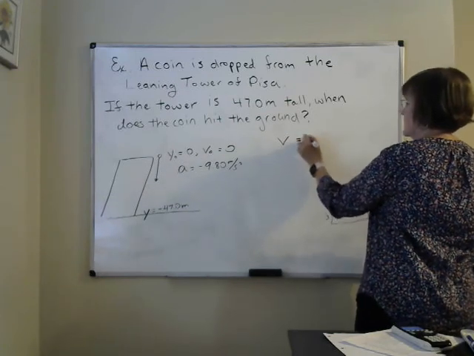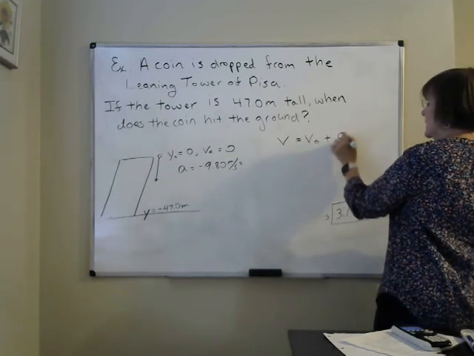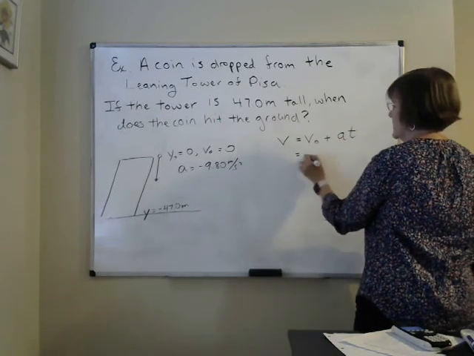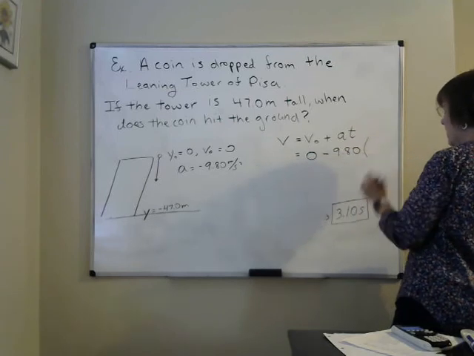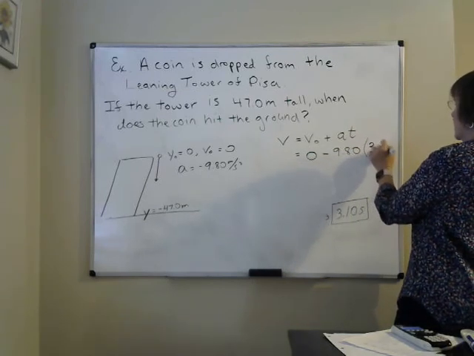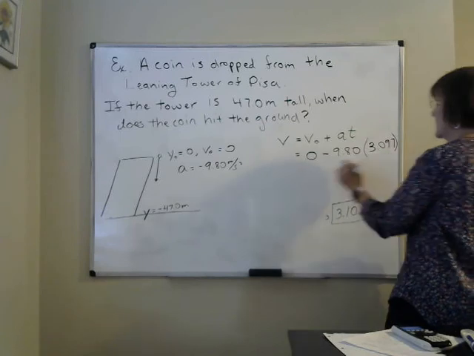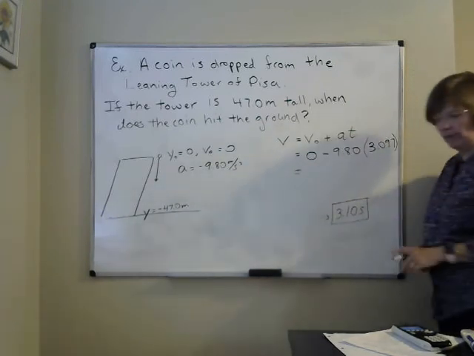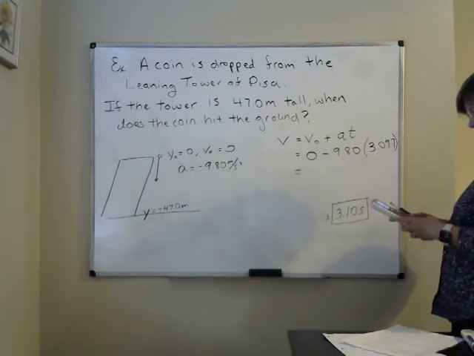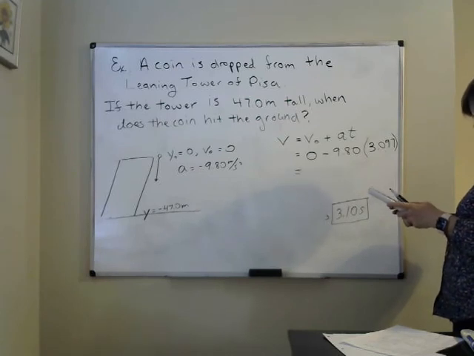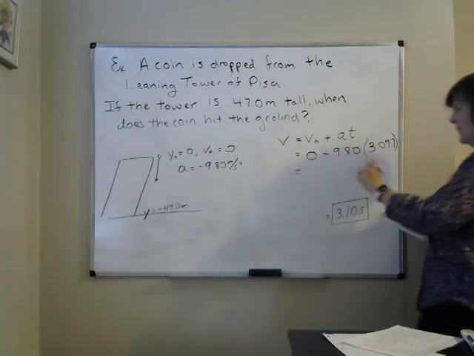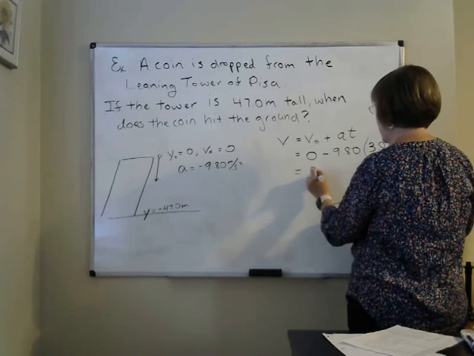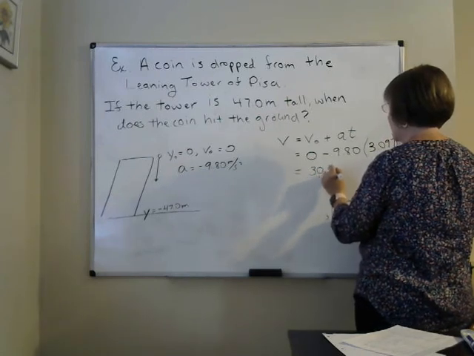V equals V0 plus AT. It started off going 0, negative 9.80. If it falls for 3.097 seconds, notice I don't really want to round early ever. 9.80 times that answer, so times 9.80. And I find that it's going to be going about 30.4